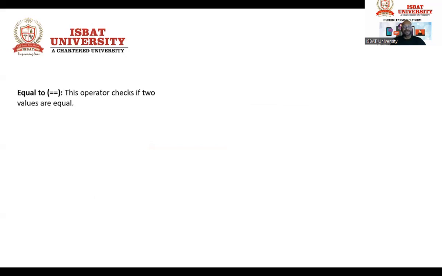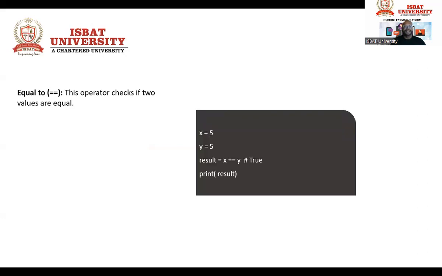What is equal to? This operator checks if the values are equal. As you're aware, there is an operand on the left side and an operand on the right side. Take a sample code here. We have 2 values, x equal to 5 and y equal to 5. And we are printing the result, whether it is true or false,